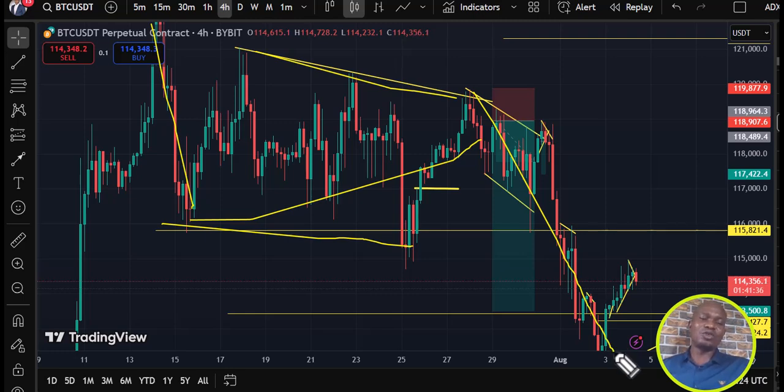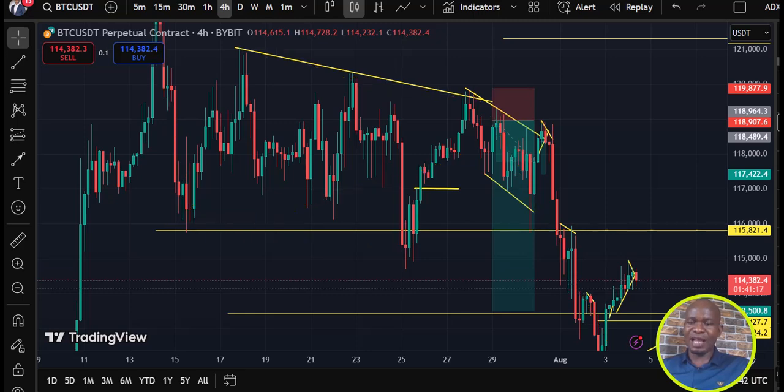Last 2 weeks, when we were doing our weekly analysis, we called this right on camera, because we were showing you guys how to expect the market to fall from here, and that's actually why we traded this, and you can see how it is. So how will we be able to identify this? Let's start breaking it down one after another.